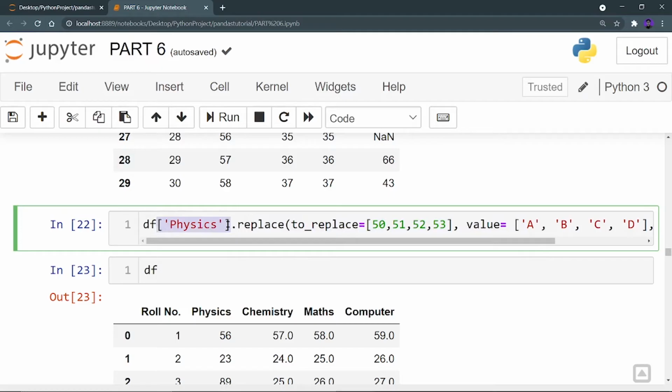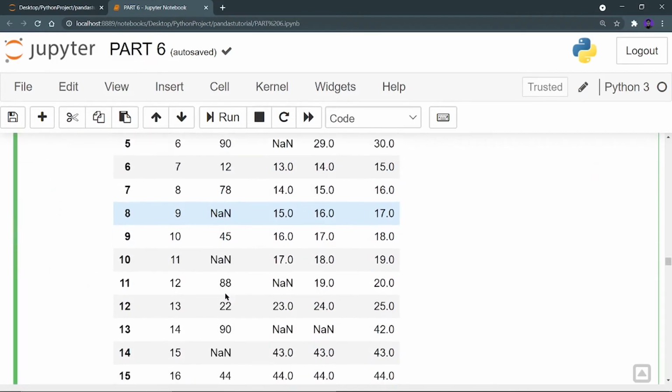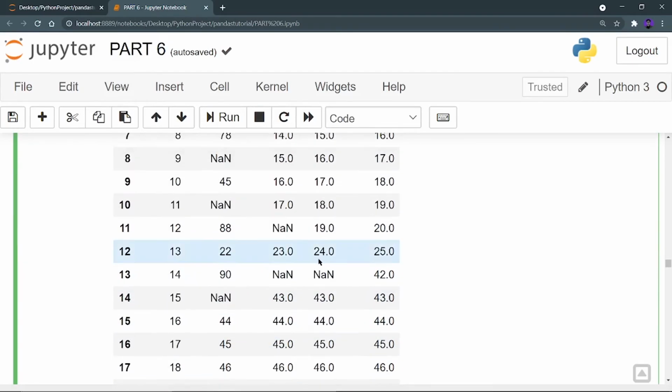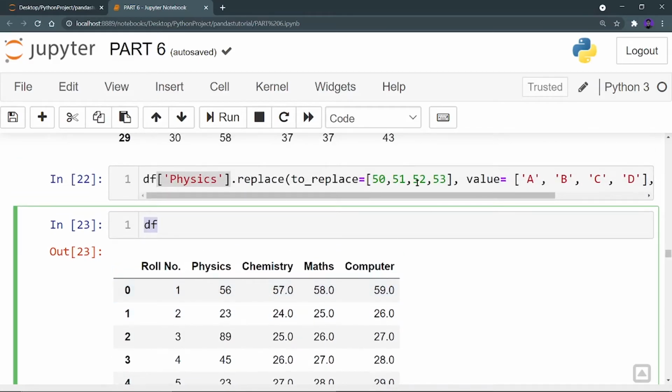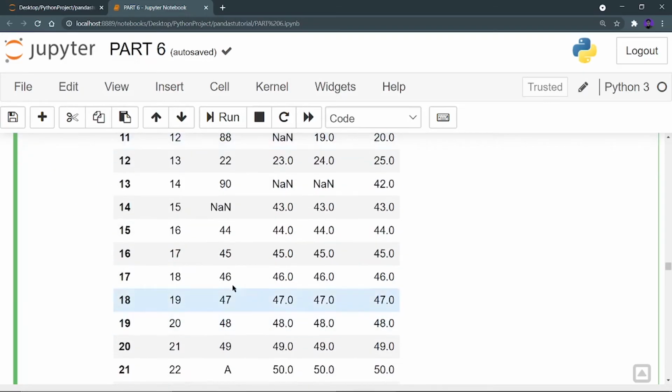Only the physics column has the replace function applied. So whenever I run this df, I see that only in the physics column I have A, B, C and D. Everything else is the same; chemistry, computer and maths are not changed. So 50, 51, 52 and 53 are replaced with A, B, C, D in only the physics column.